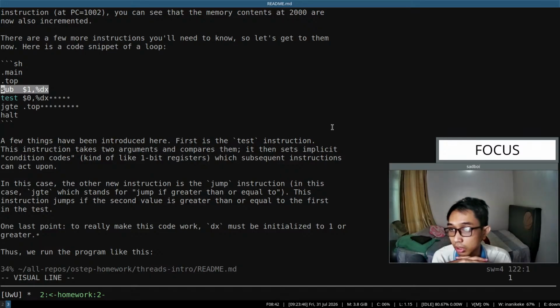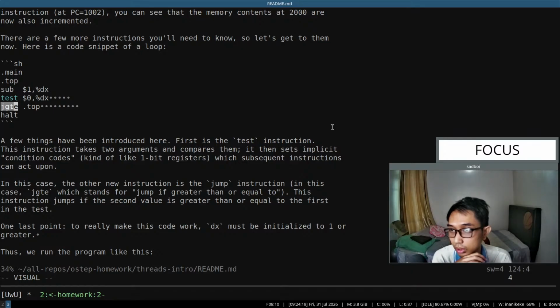Okay, and then put the result in the DX register. And then check whether DX is 0 or not. I assume this is what it means. And then if DX equals 0, okay,